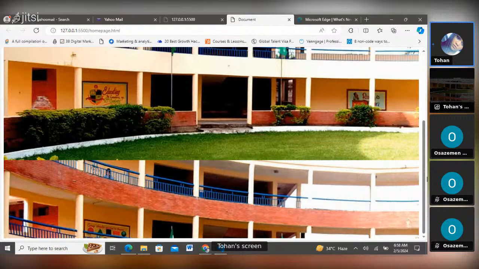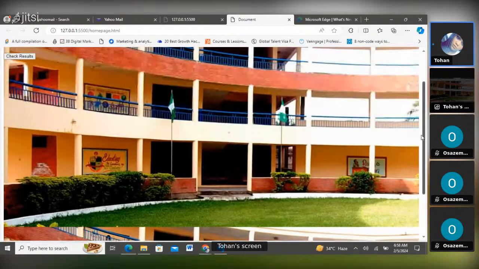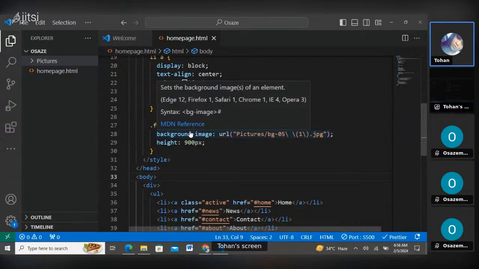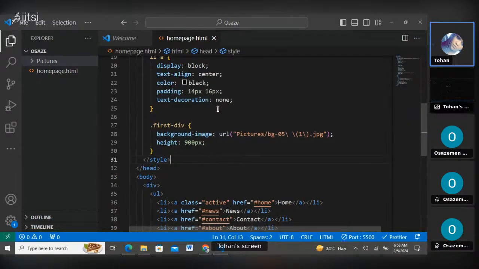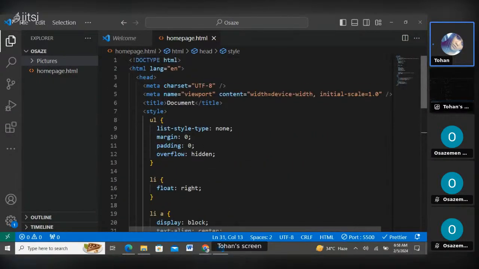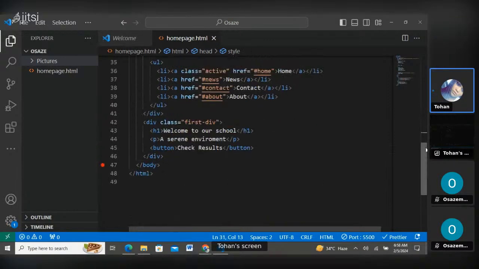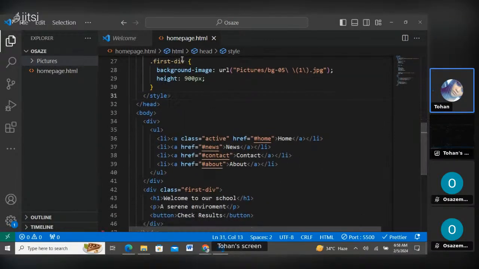Most times, because we are only making the background image the div, that is why you're not seeing the full extent of the entire picture. Let's assume I made the entire picture the background image for the body. Let me show you what it will look like. So if I say body,